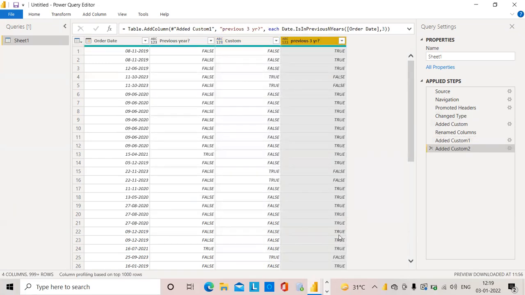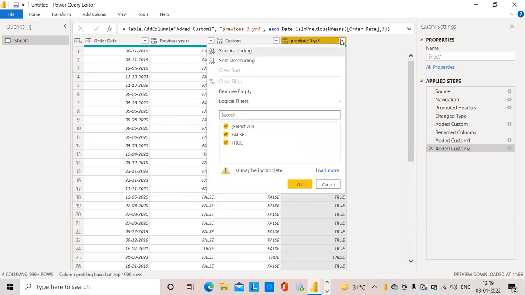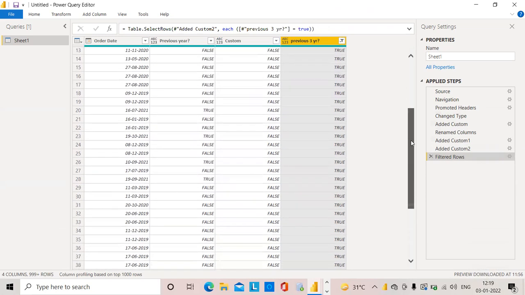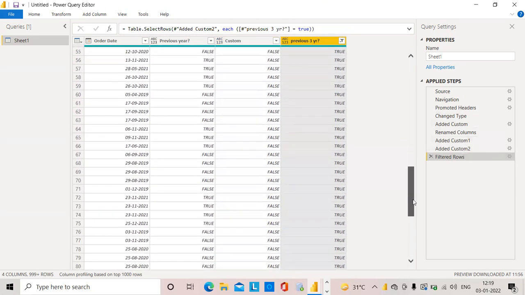Now you can see previous three year, it's showing true or false value. If you want to filter, you can do it here. True values only I will use. Now you can see previous 3 year, now I am in 2022. 19, 20 and 21 are also available.